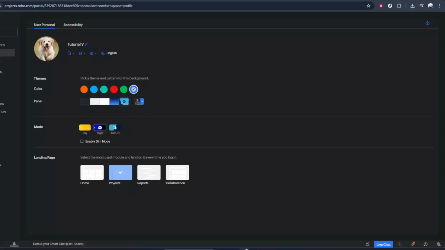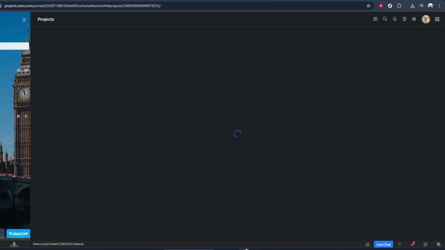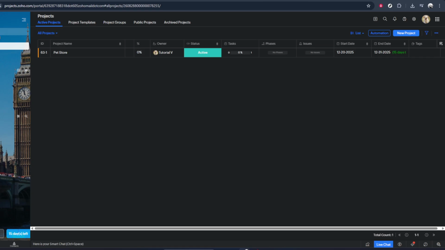In today's video, I'm going to teach you how to add an attachment to a task in Zoho Project. Adding attachments to your tasks is a great way to keep all your important files, screenshots, and documents in one place, right where the work is happening. In this walkthrough, I'll guide you through each step, from opening your tasks list to confirming that your file has